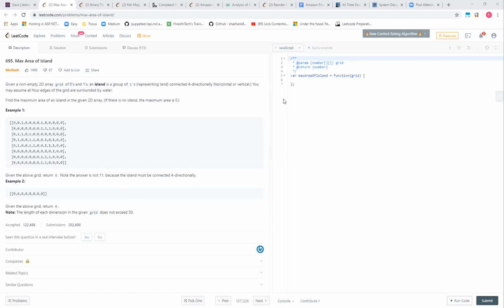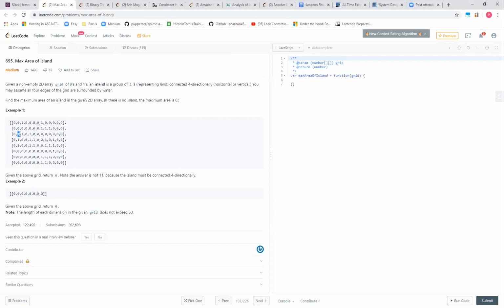But how does simply changing the values to zero within the same matrix help to find the maximum area? That is not helping you find the maximum area, that is helping you reduce the space complexity. Instead of having another array which will tell you whether that node needs to be traversed or not, I am using the same matrix, and anytime I have just visited one node, let's assume I have visited this node,